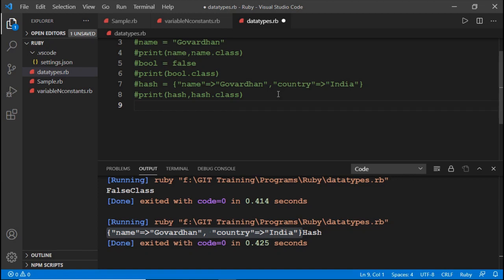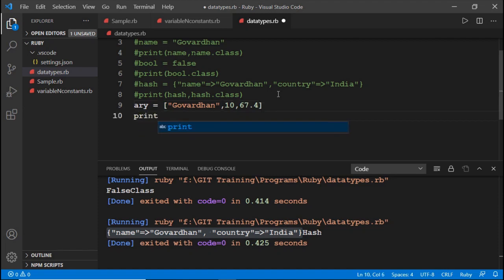Ruby also starts index positions from 0. Take array variable ary. All the elements are enclosed in square brackets. Say the first value as a string, then a small number, say 10, and a floating point value, say 67.4.